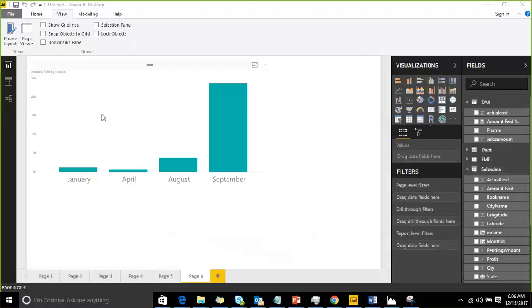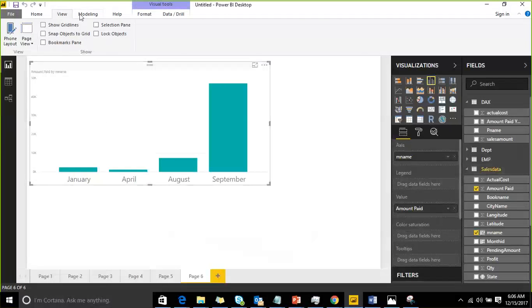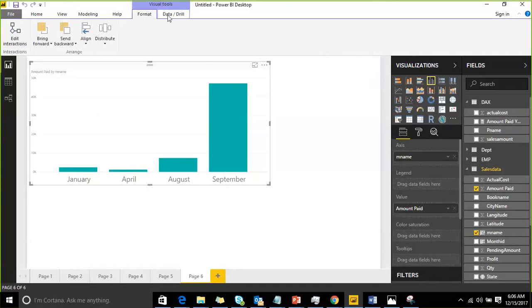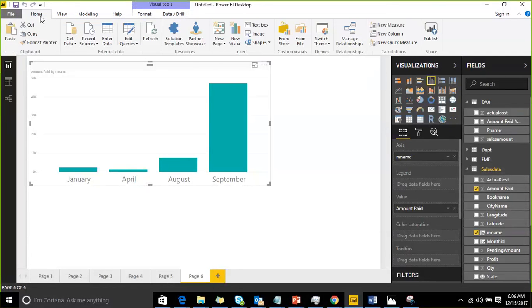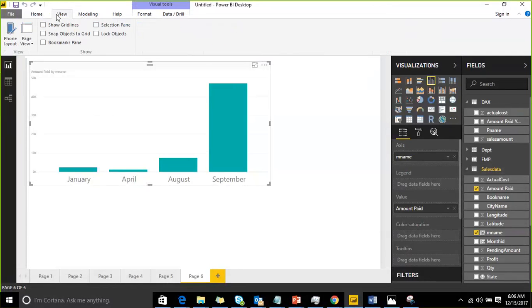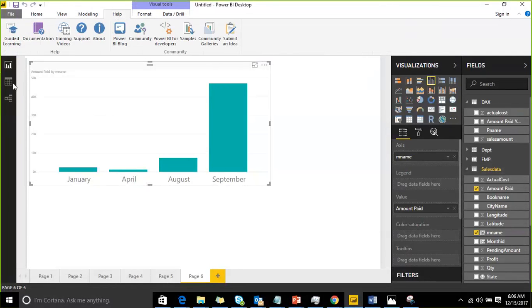Format tabs, we need to discuss like manage roles and view role as. If you cover these things, this modeling tab will be completed, the format tab is already done, and the data array drill is already done, and home. Now we are going to see the modeling tab, these two options, and the options associated with the view. Then after the help and the options associated with the data and a relationship view, you are going to see now.